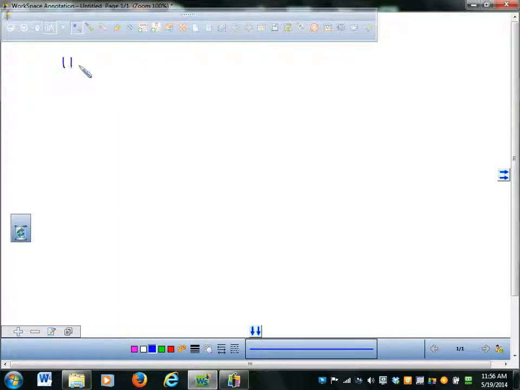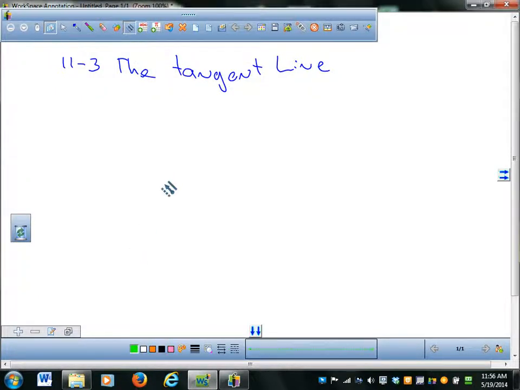And this is section 11.3, so we're kind of going backwards here. And this is all about the tangent line, okay? The tangent line, okay? And so to make a tangent line, if I